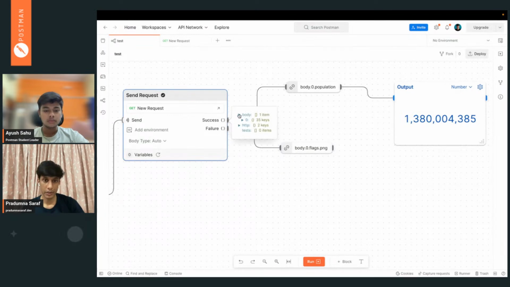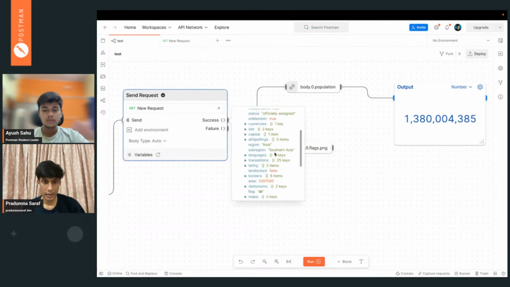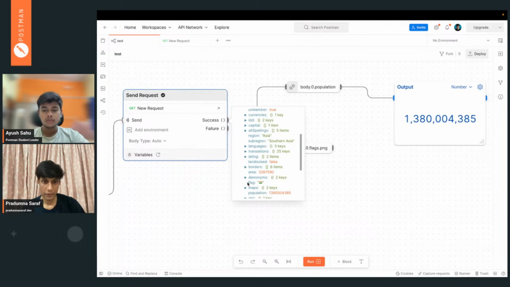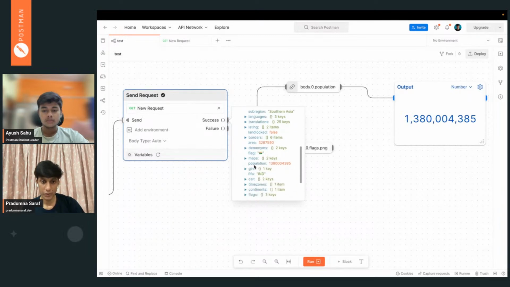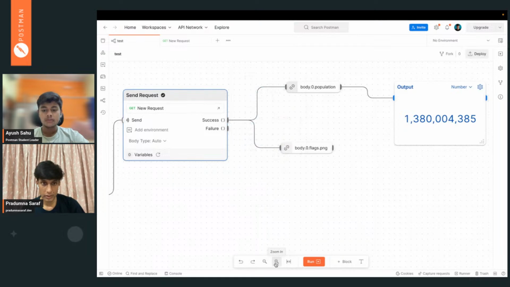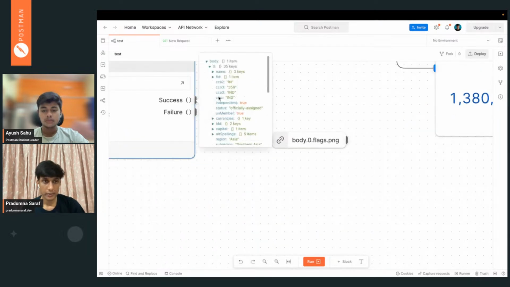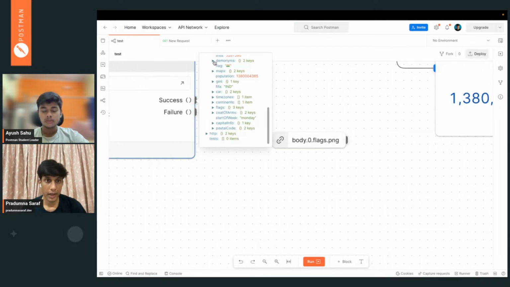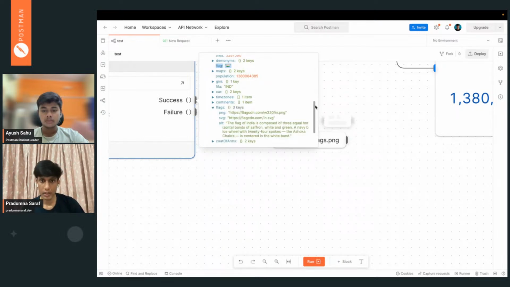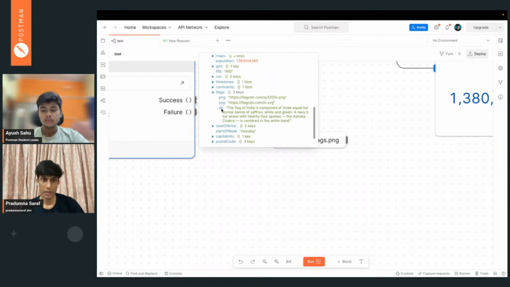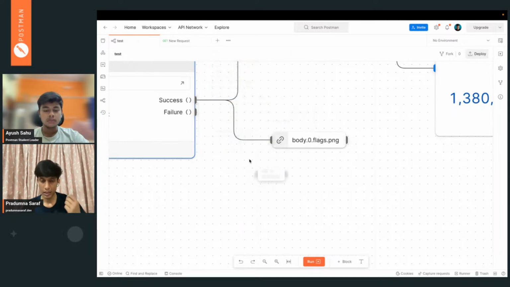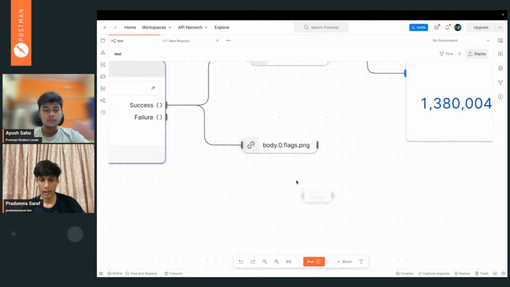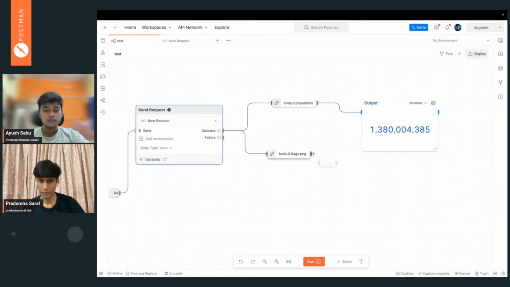In the success case, if we go inside the body, go inside the keys, we can see the flags. Only the flags is in emoji format. If I zoom in a bit, you can see the flags in just emoji format. But if we go inside the flags object, we can see there's a PNG, an SVG and alt. There is no way you can visualize the PNG. You have to copy and paste it in the browser to see the data. But in flows, we can visualize it from here as well.